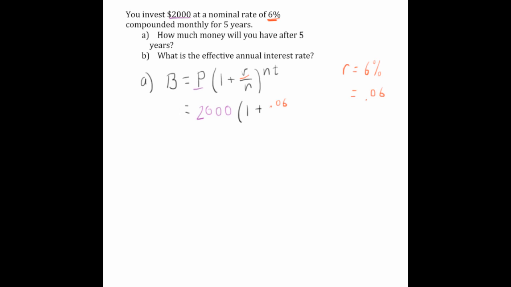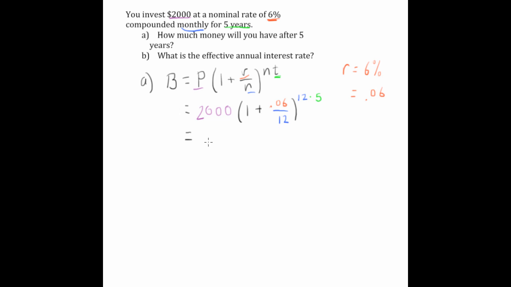Okay, what about the n? Well, the n is how many times we compound, and the clue there is monthly. That's where we're talking about the n. So we're dividing by 12, and that's also going to appear on the outside. And finally, what we have is the number of years, so the time. So that's the 5 years right there. That's times 5. Now, I know that's a lot of different colors, but if you put that into your calculator,